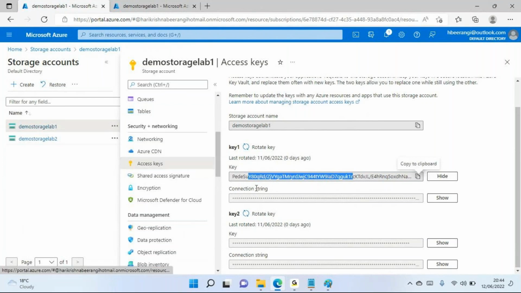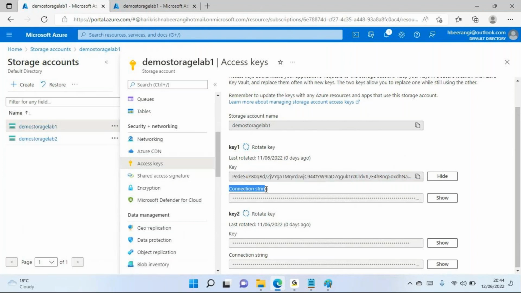Now along with this access key, you also have a connection string. So this is also the same process, like a secure key, connection strings will be used to enable connection to your application. This is also one of the methods to connect, I mean to enter into your storage and